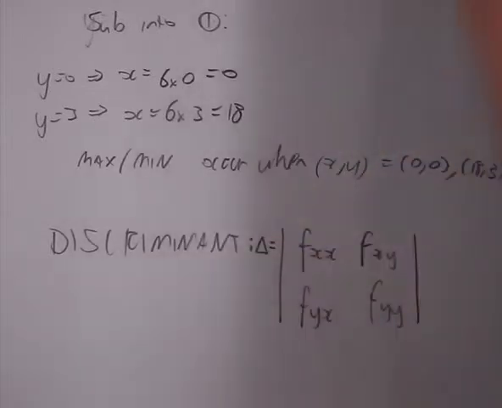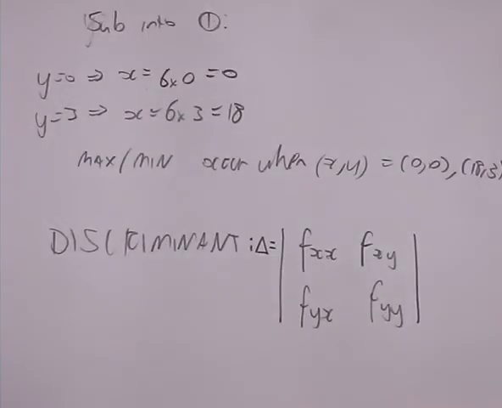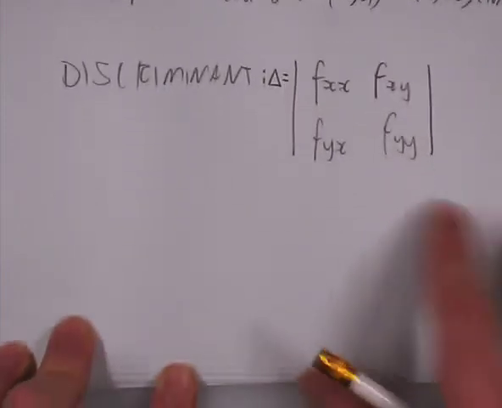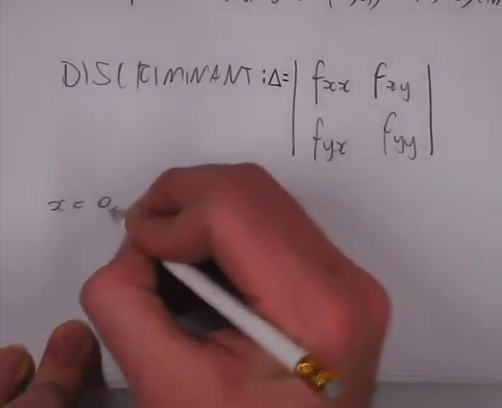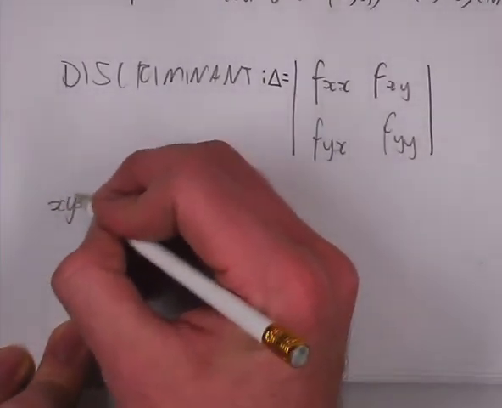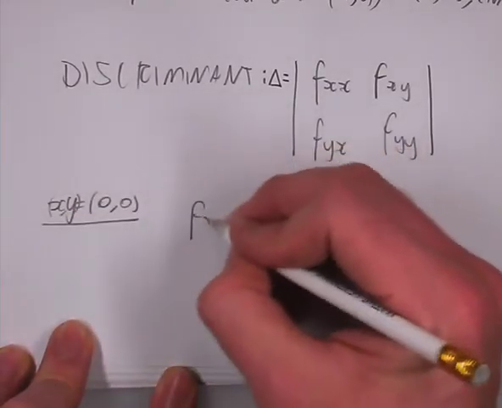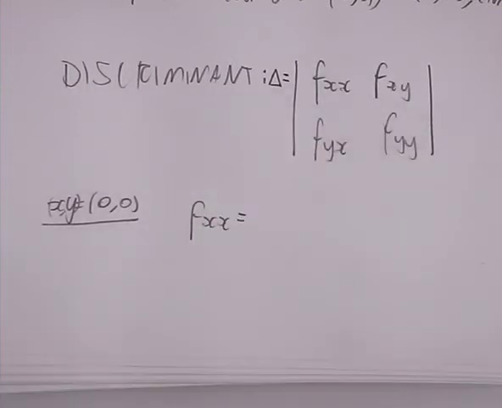So let's see. This means that what I need to do is find what fxx, fxy and fyy are at both of these points. So let's do it one at a time. If x and y are equal to 0, 0, then we get that fxx, according to my formula,